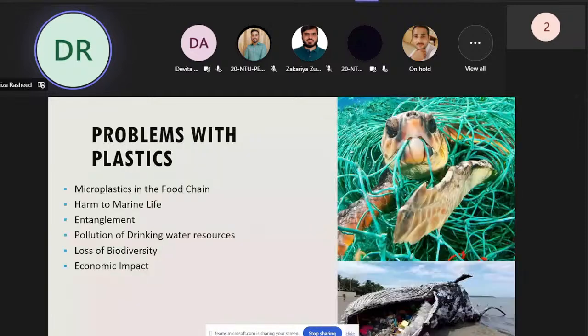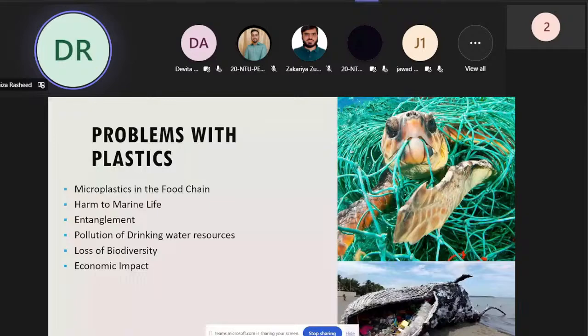In this slide, you will see this poor turtle that has been entangled in a fish net. This is made up of plastic, and of course he has no place to go anywhere, and he's completely entangled in it. This is where it has made some threats to our marine life. In the second picture, you see a sperm whale and its open stomach. This sperm whale was found dead on the shore of Spain or Italy in 2019. When its stomach was examined, about 64 pounds of plastic debris was discovered, which has been associated with the cause of its death.